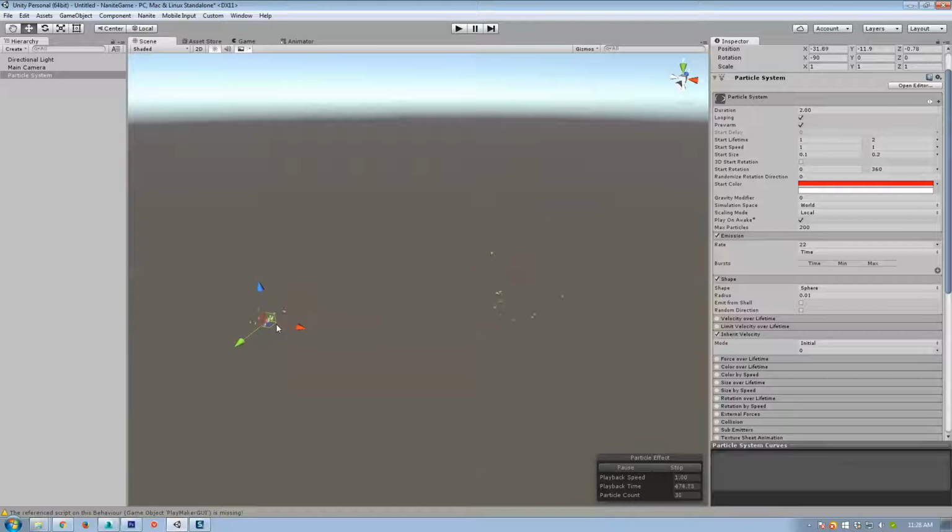So initial. So now if you see here, as I move my particle, you see how they're flying towards the direction I was traveling? So if you want something to actually inherit the velocity of your object, you can get some really cool feeling things there. So if you had,